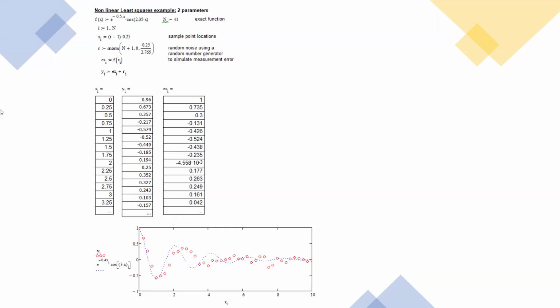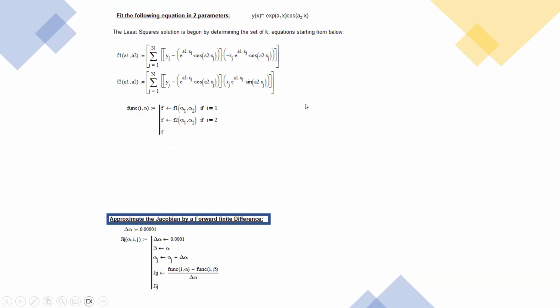We randomly add this noise value, or this random value, to this function. Now we have this noisy data, and the problem mentions we have to fit this function